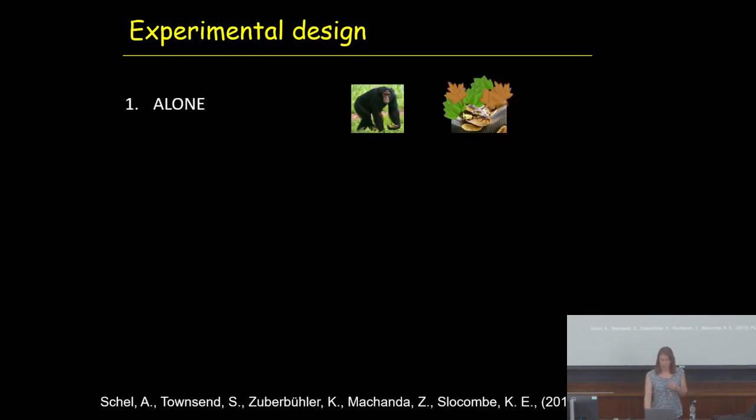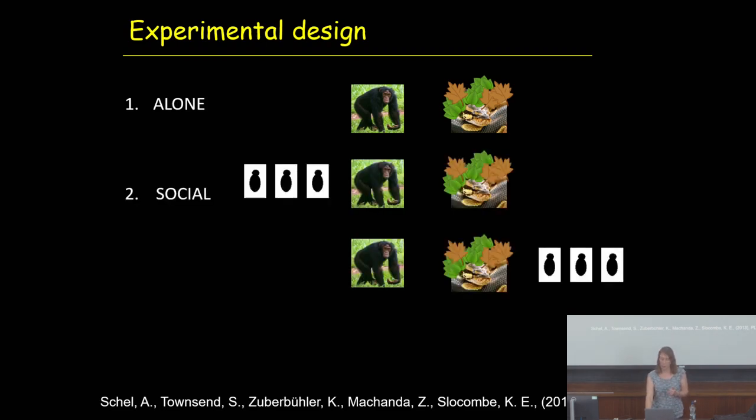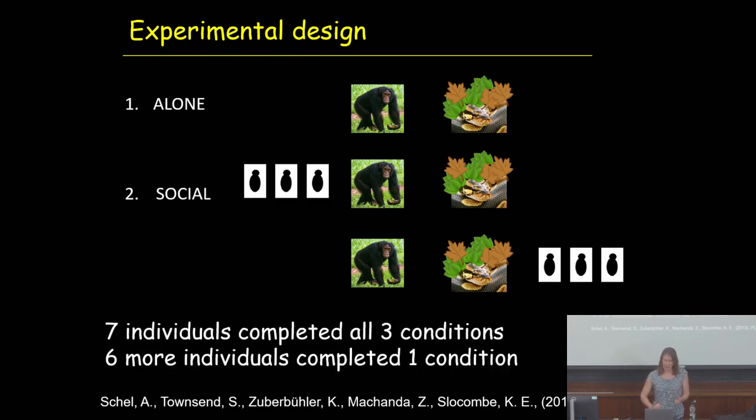So we had 3 target conditions. When the individual was alone, and then in 2 different social conditions, when they were at the front of a group and when they were at the back of the group. In the end, we didn't distinguish between the 2 types of social group. We analysed those together. And we managed to get 7 individuals who completed all 3 conditions in a within-subjects design, and 6 more individuals to complete a single condition. So as I said, it's a modest sample size, but it was exceptionally difficult to do this work